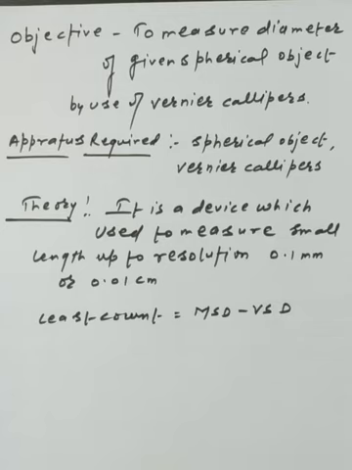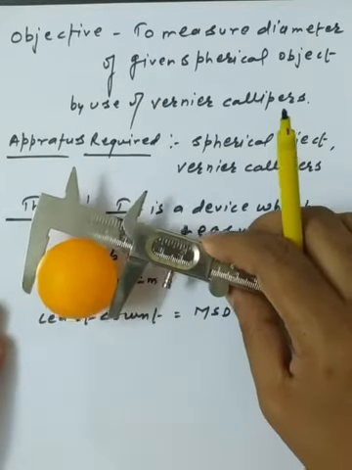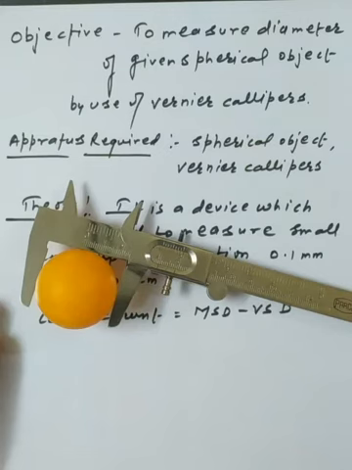Now, dear students, it's a practical time we have, and last time we discussed the vernier calipers. I am still very much attached to the vernier calipers, and I discussed how to properly use it for various objects. Last time we discussed measuring the dimensions of a given glass slab, and we sorted out the dimensions and got the volume and the surface area.